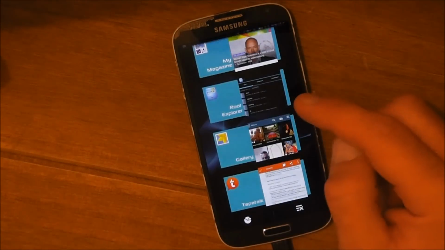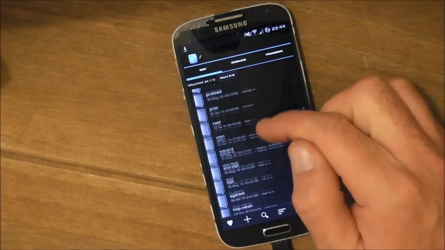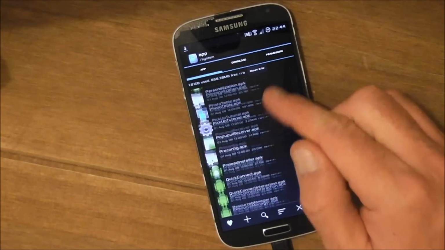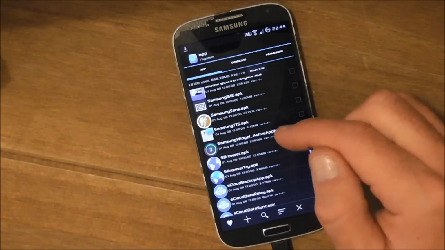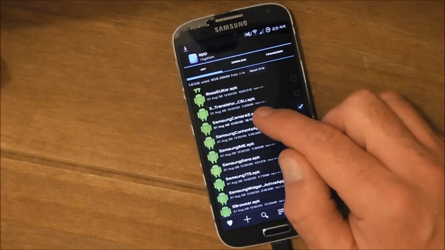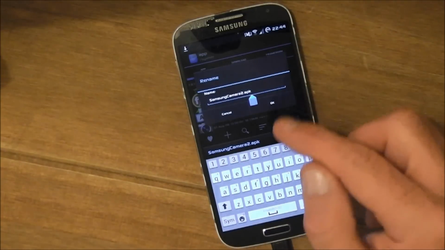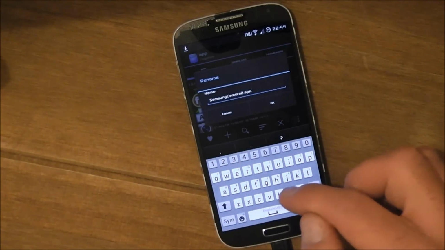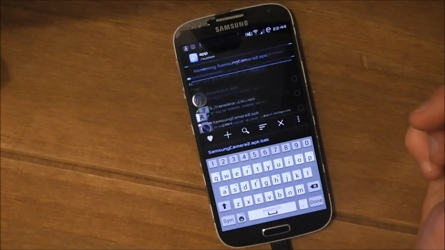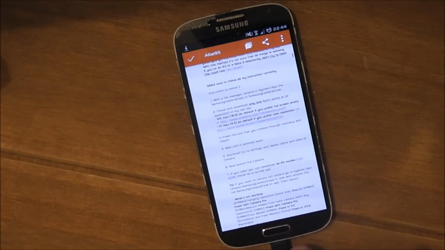First of all, we're going to open up our Root Explorer, and we're going to go to System Apps, and we're going to go down to Samsung Camera, Samsung Camera 2 APK, and we're just going to rename that. We're going to back it up essentially. So we're going to change it from Samsung Camera 2 APK to .apk.bak, or anything you like actually. Doesn't have to be bak, it can be anything. So that's the first thing we've done. The next thing we're going to do is